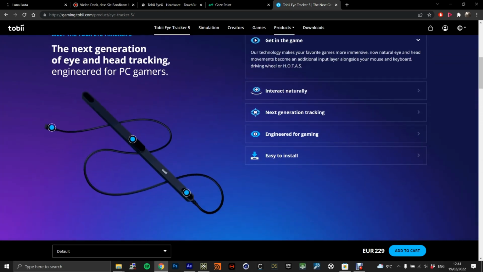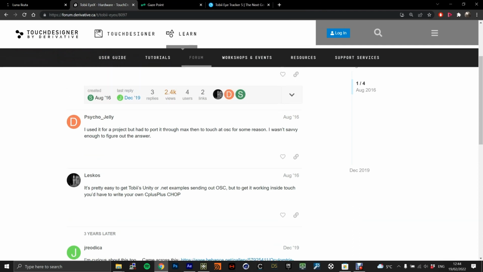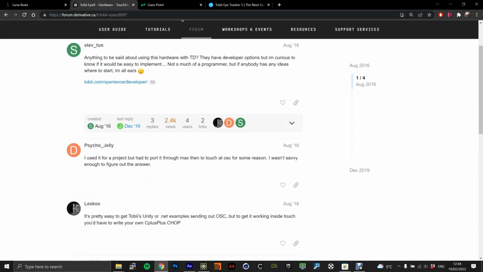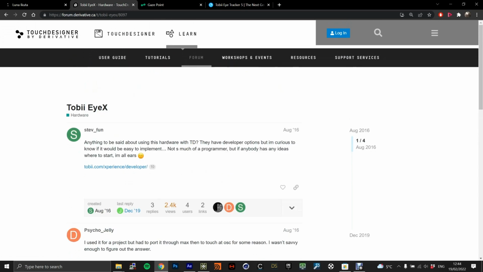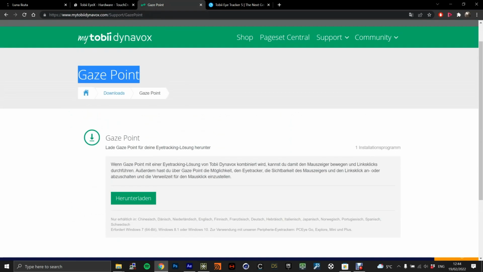And then the problem about it is that unfortunately they don't have a plugin for Touchdesigner. They have it for Unity or Unreal. You can contact them and then they can give it to you, but for Touchdesigner they don't have it. So there are some people who managed to write their own plugin, but they didn't really upload it, and I didn't want to do it myself. It takes super long and I'm not a coder, so I found another solution, and that is